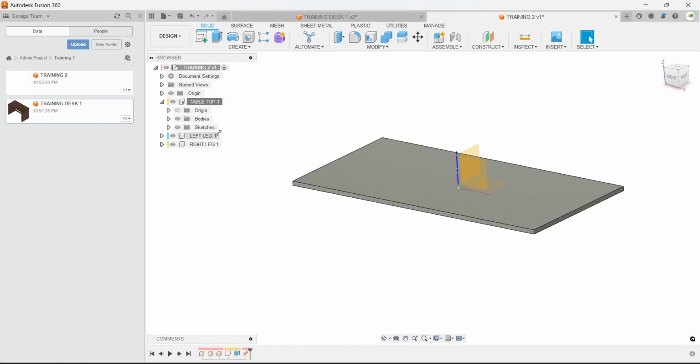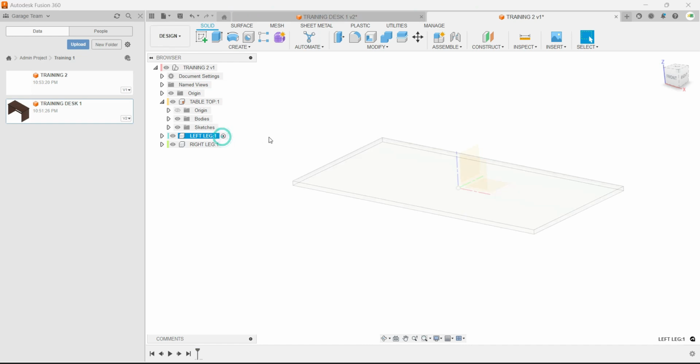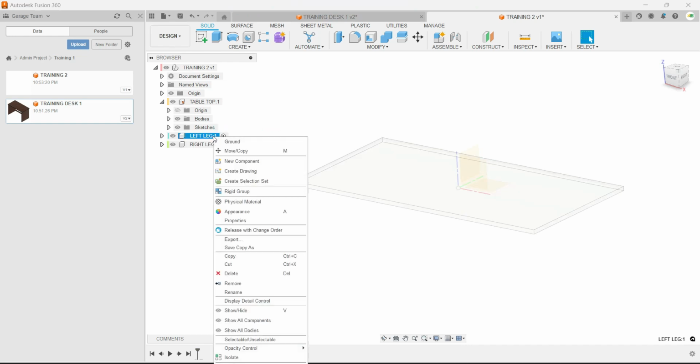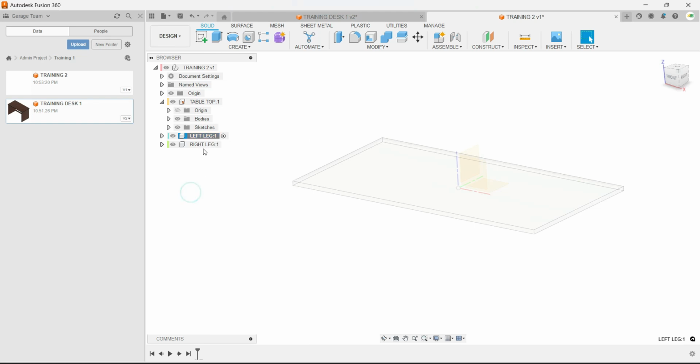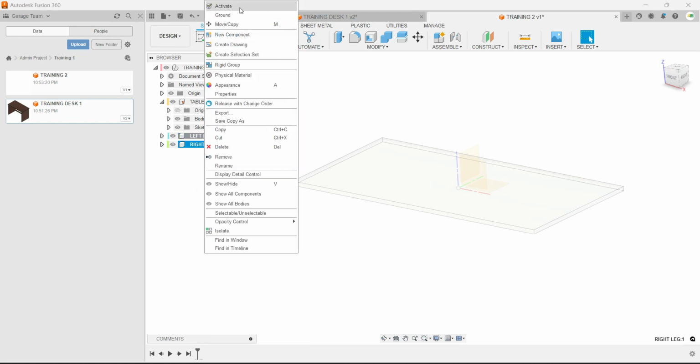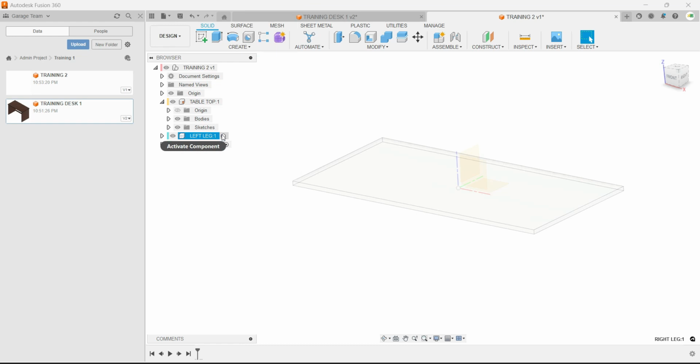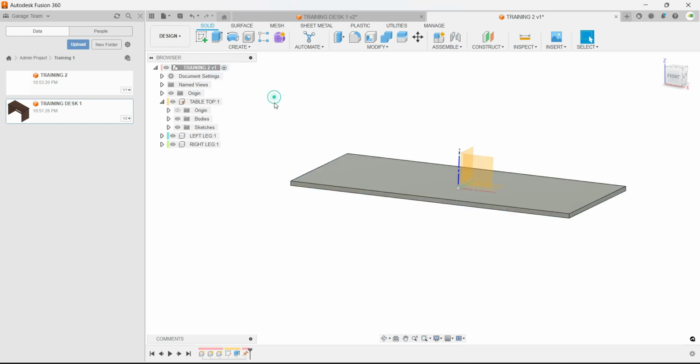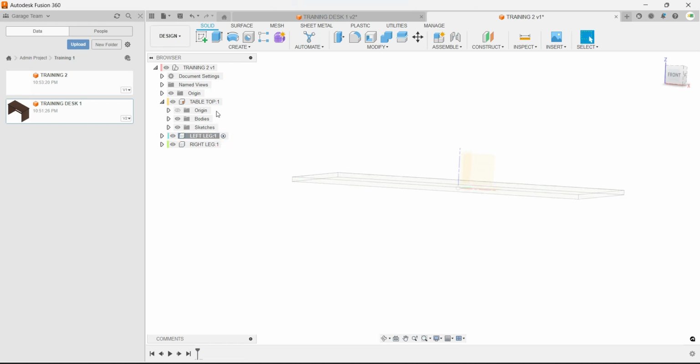Let's move on to our left leg. So if we click there, you could see now that we're activating our left leg by doing that, or you can right click, activate, as we did with the right leg, or you can just click this little button right there. So we click the button and now our tabletop has gone translucent. If we want to bring it back, we can click here,